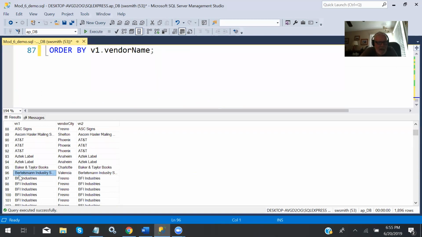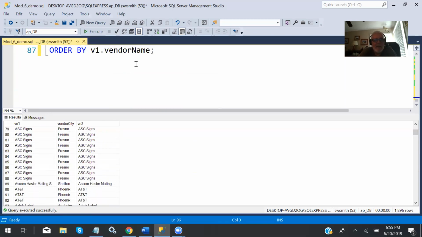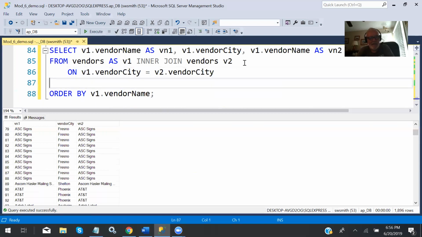So for example, this particular one here, the Bertelsmann Industries in Valencia, shares a common city with Bertelsmann Industries in Valencia. And there's only one entry, but it shares a common city with itself. Okay, so in order to fix that problem, I can fix it on vendor city by putting a where in there,